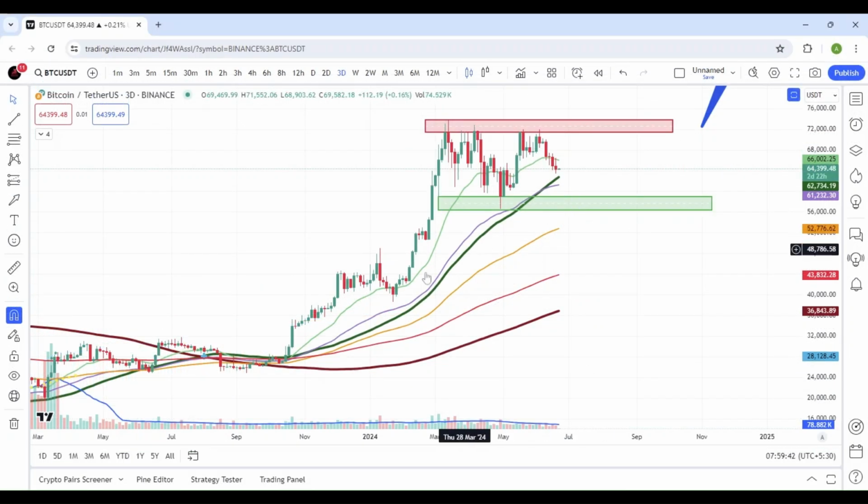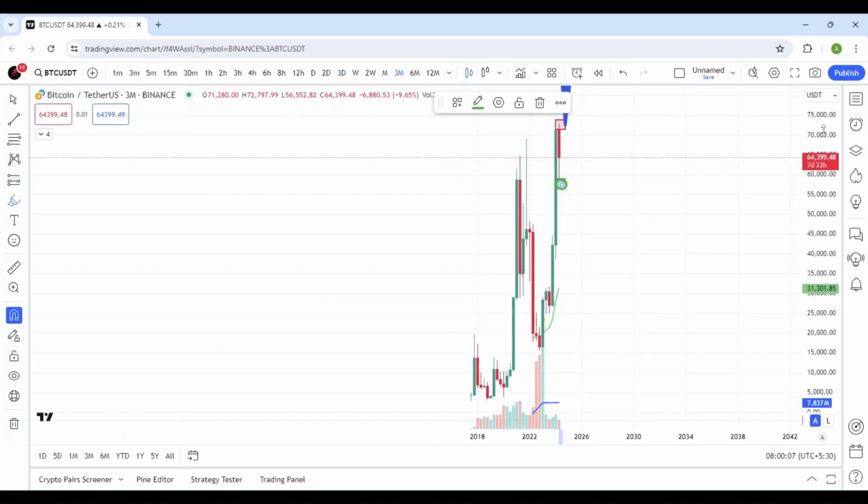We can see that the moving averages are aligning to support the price levels. This alignment increases the possibility that Bitcoin will find support around the 20 EMA or 50 EMA, which could confirm a bullish wedge pattern. If Bitcoin doesn't bounce from these moving averages, it could come down to this support zone and then bounce back from there. These patterns are crucial in identifying Bitcoin's next move and provide us with key levels worth watching for